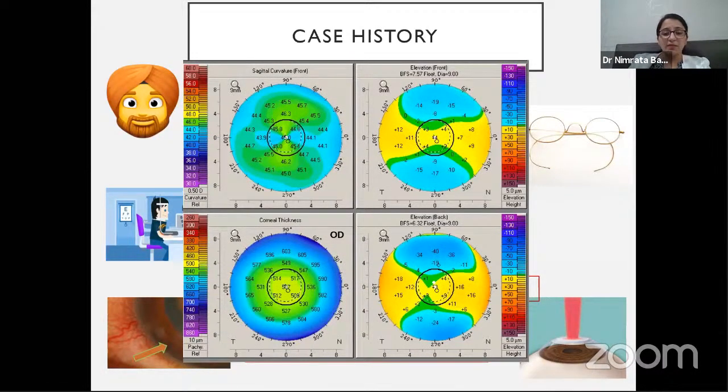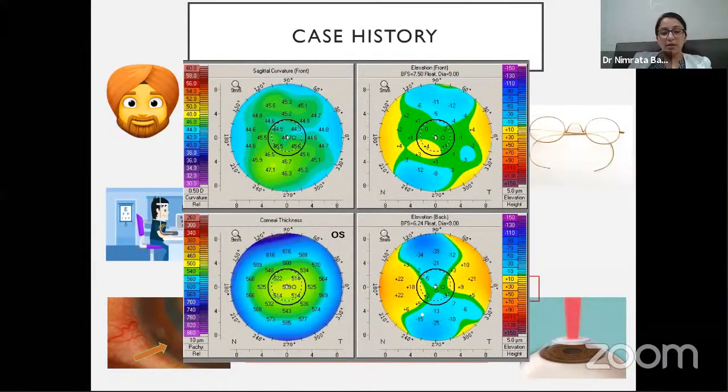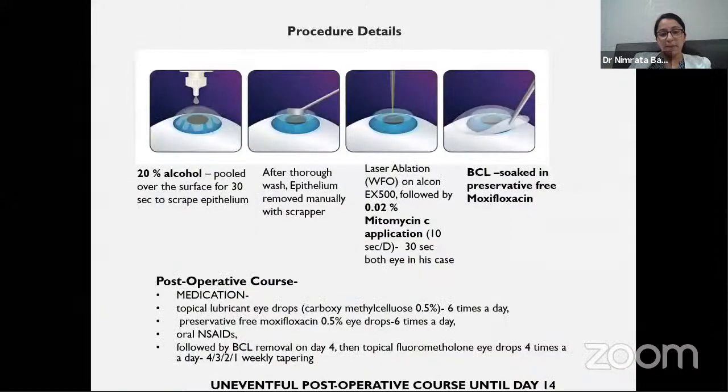So this was the Pentacam of the right eye, pre-normal, and of the left eye. Animation, please. So this corresponded with the clinical examination. We can see an elevation where the scar is. Next slide, please. So we go in for the routine PRK procedure, except that I want to highlight that we